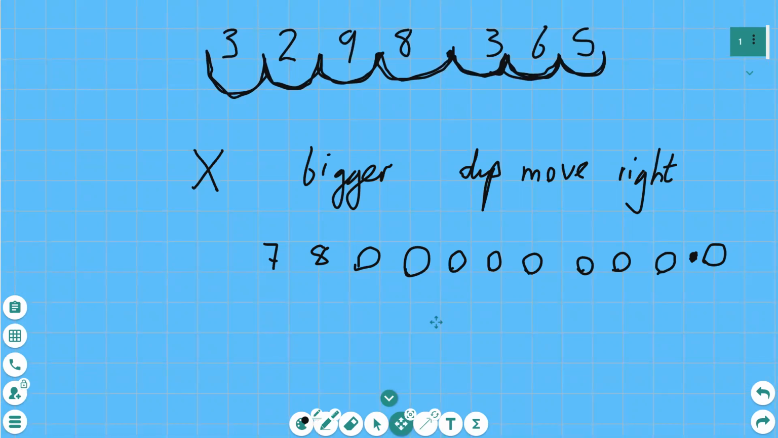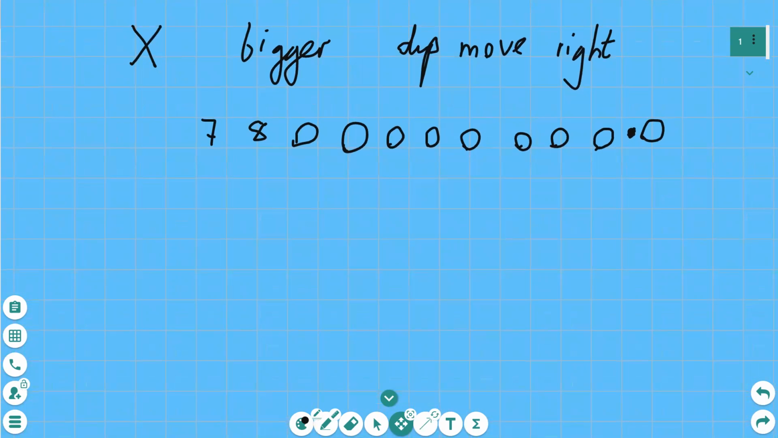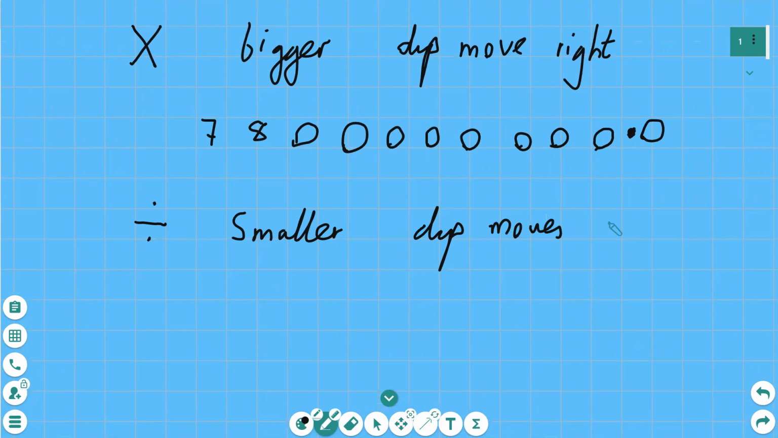We've multiplied it. It's got bigger. When you multiply something, it gets bigger. Or we could divide, and when we divide something, it gets smaller. It's like we're chopping it into tiny little pieces, and the decimal point moves to the left. For example,